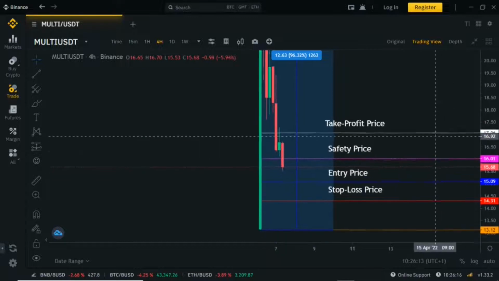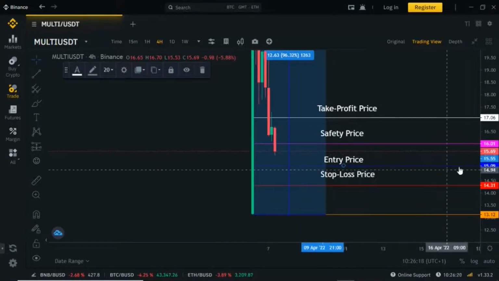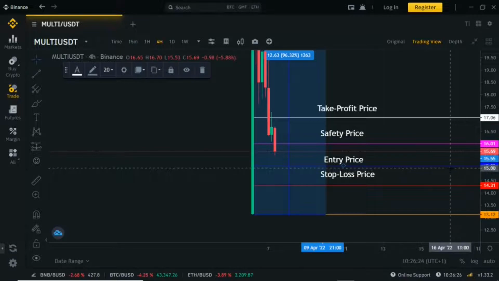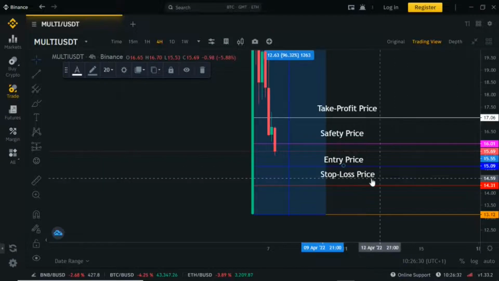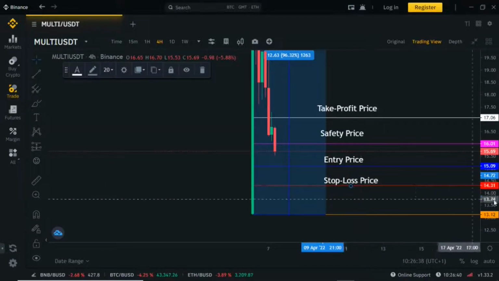So step 1, for you to get your entry price, you have to use the price range tool to measure 15% starting from the lowest price of the green candlestick bullish trend starter, and then use the blue horizontal line tool to indicate your entry price, which is $15.09. Step 2, for you to get your stop loss price, you have to measure 9% and then use the red horizontal line tool to indicate your stop loss price, which is